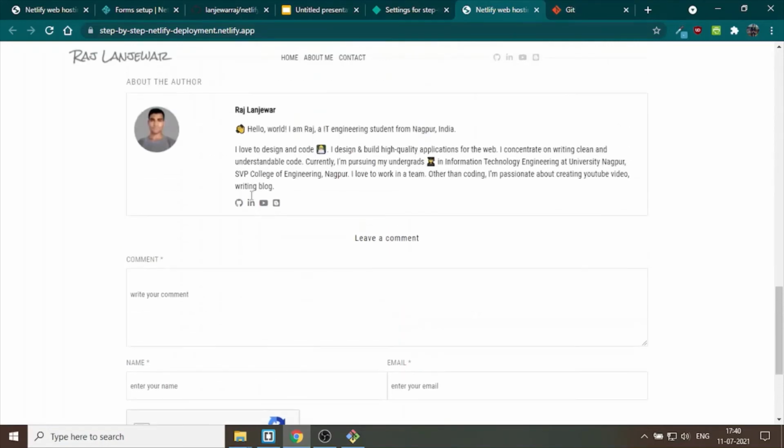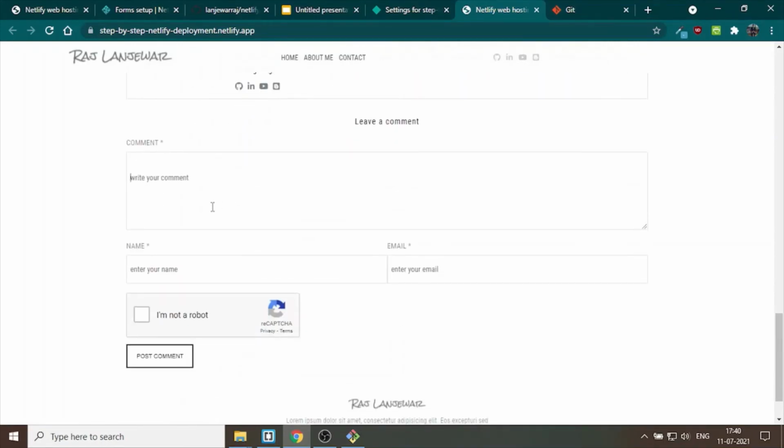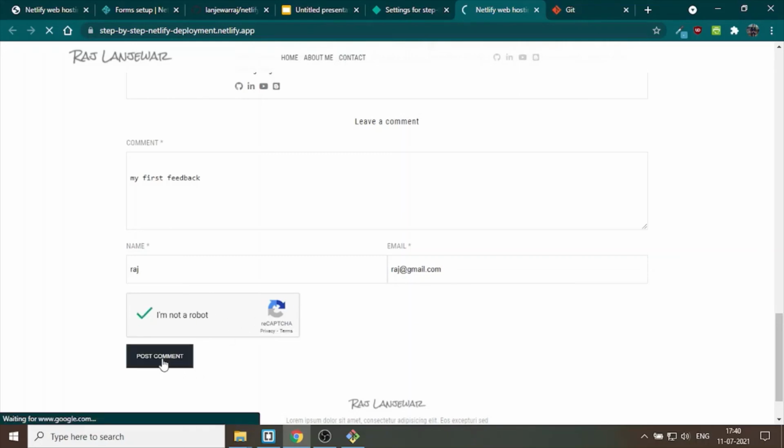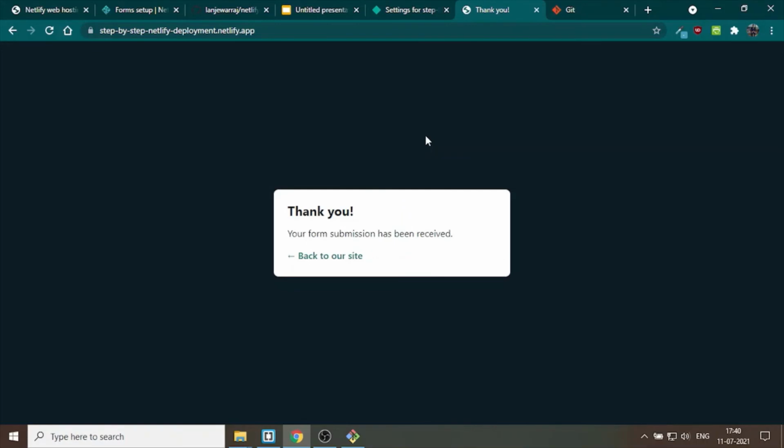Okay, let's write some feedback here. Write your name, email address, and the filtering mechanism, reCAPTCHA, and then post the comment. This is the Netlify default form submission thank you message.